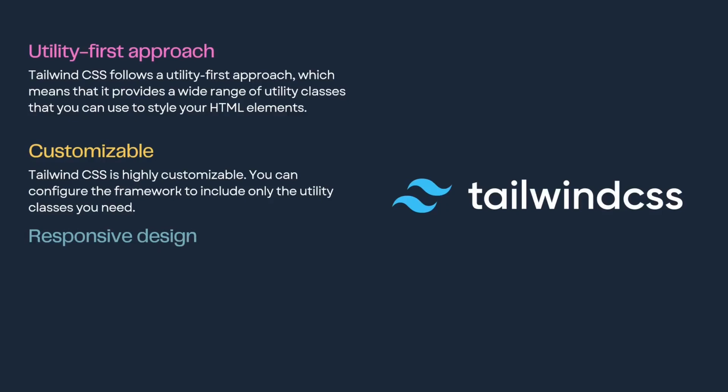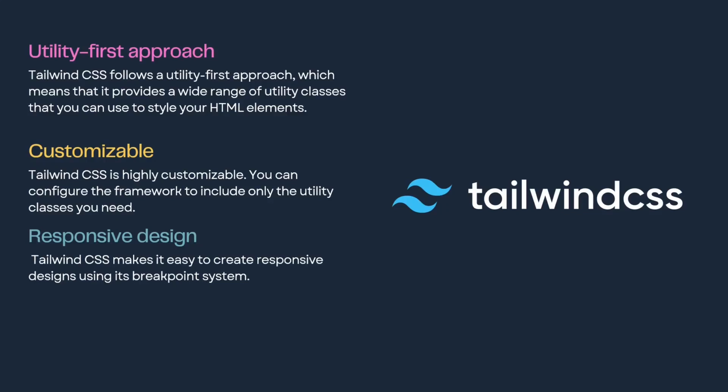Tailwind CSS makes it easy to create responsive designs using the breakpoint system. And you may know about breakpoint systems as we define them in other frameworks as well, like Bootstrap and Material UI. So we have breakpoints according to screen sizes, like for small devices, for medium screen sizes, for large and extra large devices. So you can add different classes for different screen sizes to ensure that your design looks good on all of